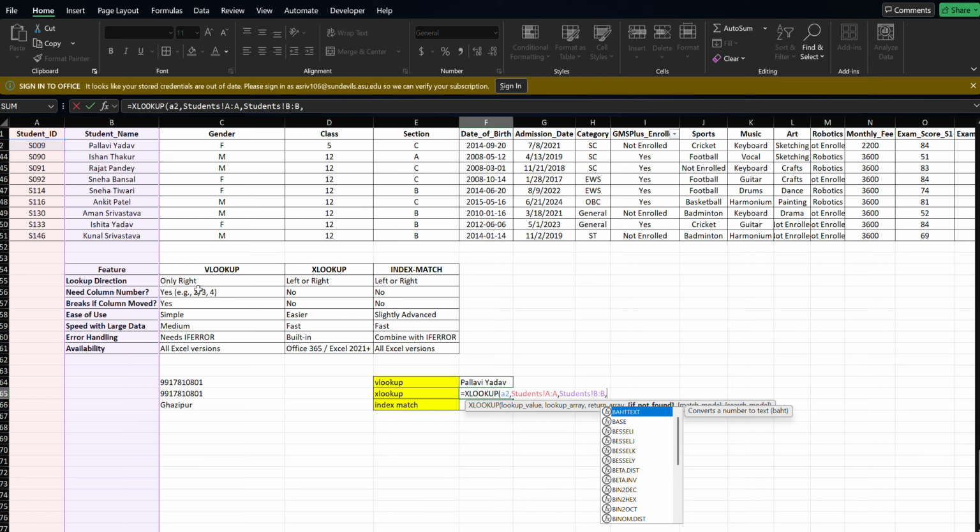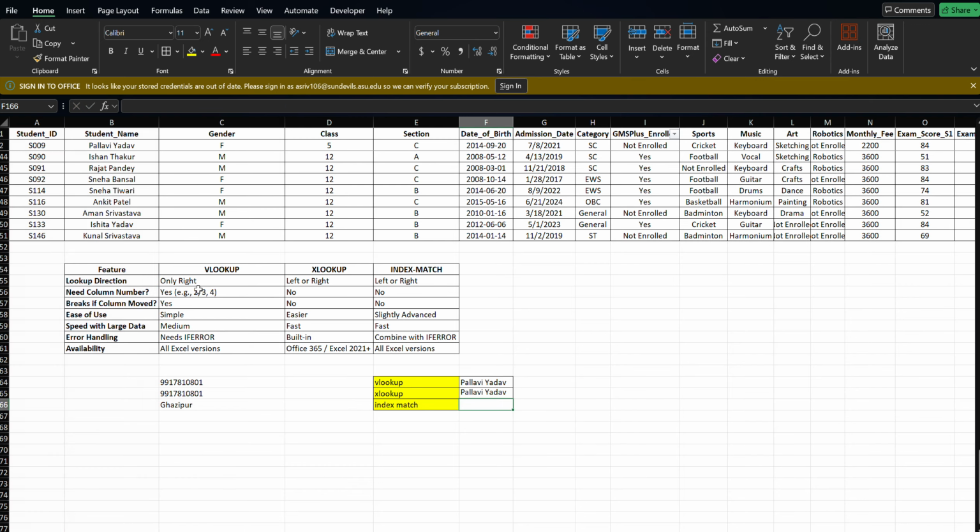Then we have to write the condition: what if it's not found? Then we will simply write "not found", and then we can get the information of the student. Similarly,